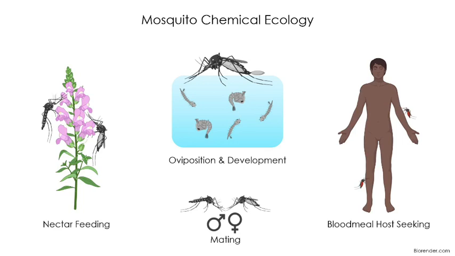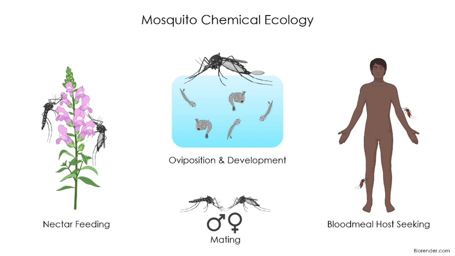Females will also find adequate water sources for oviposition, that's egg laying. And even at the larval stage, so there's an aquatic stage in the life cycle, larvae are chemotactic. They have to find food in their environment that they can feed on, and they store nutrients in order to metamorphose as pupa and eclose as adults, and then utilize those resources that they've stored in specialized organs early in their adult life stage. And then finally, across insects, broadly speaking, there are chemical detection systems that are required for